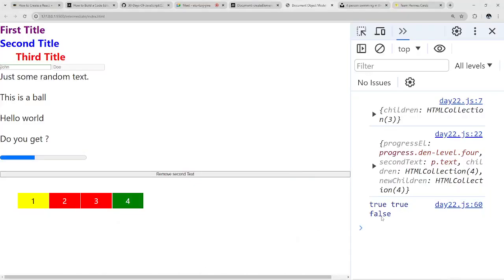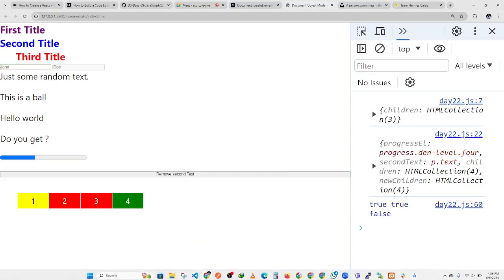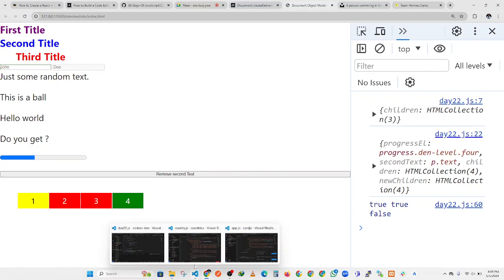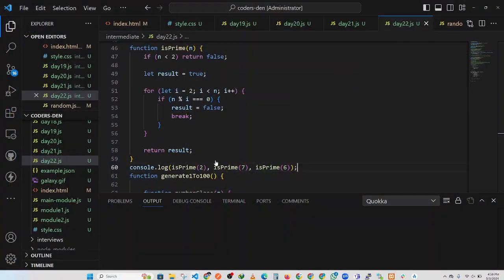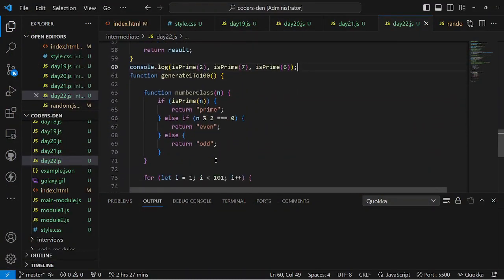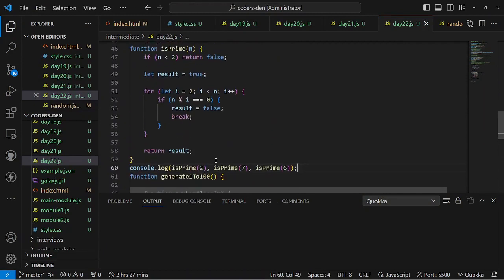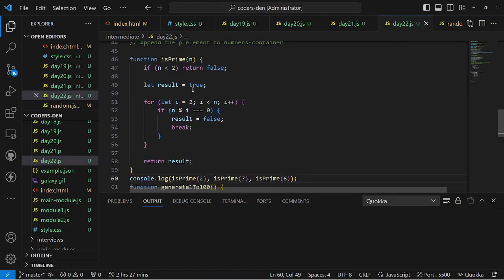And 60. We have true, true, and false. So it worked. Okay, I get why it worked. Why? I was worried about